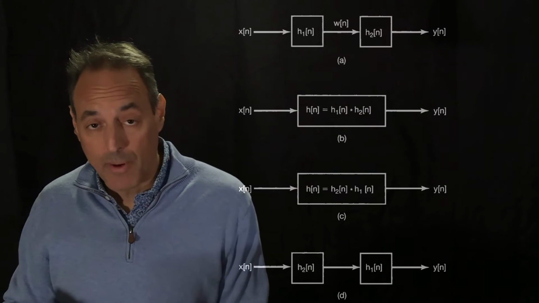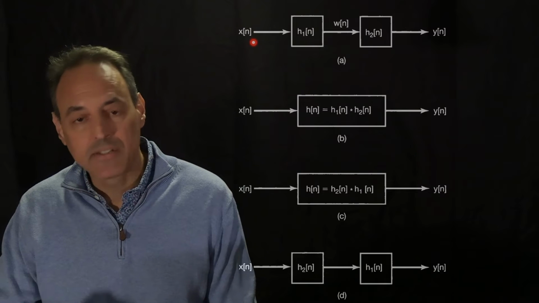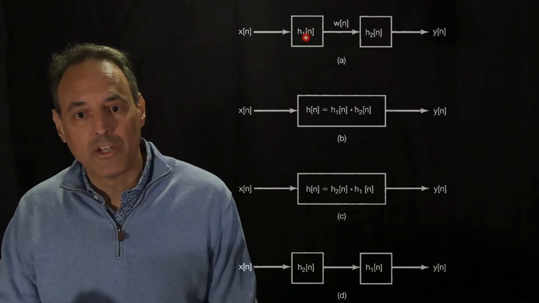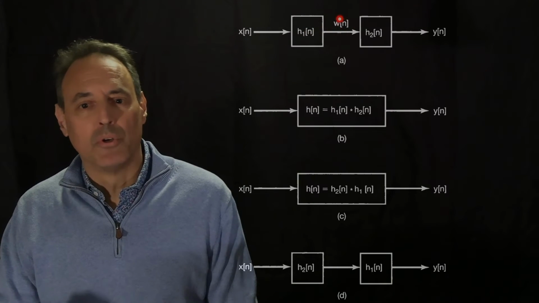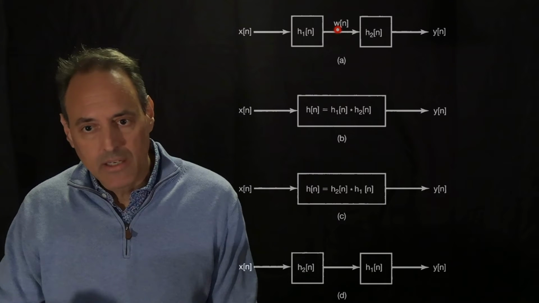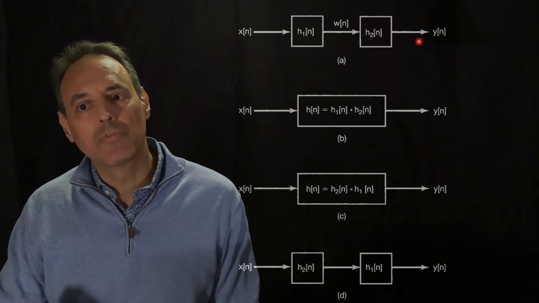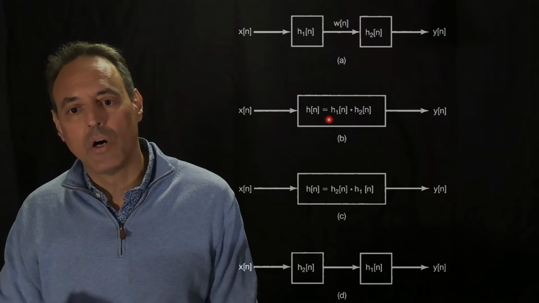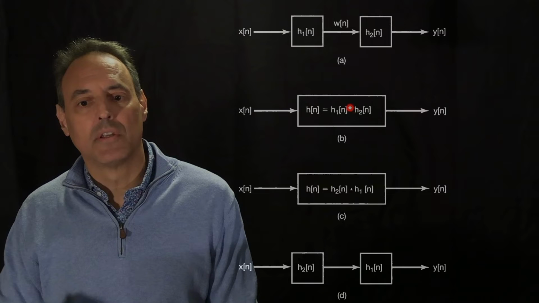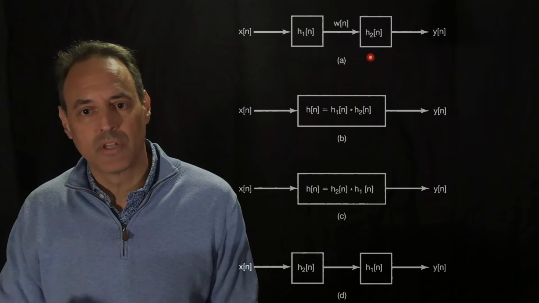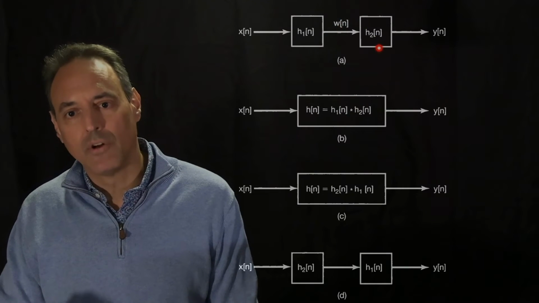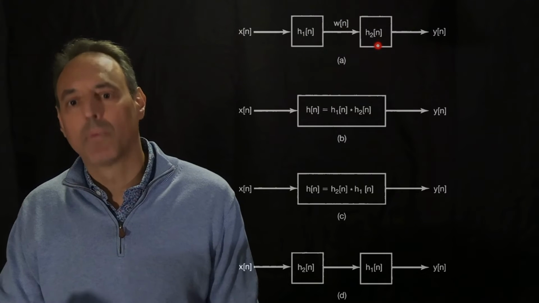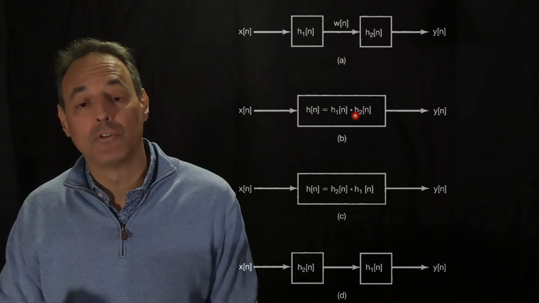Again, another graphical representation of this. You can think about x coming in, being convolved with h1, which produces some signal, let's call it omega, which then gets convolved with h2, which finally leads to your output. And what this simply says is, I could just write this as h1 convolved with h2. So instead of producing an intermediate signal and then processing the signal again, I can just convolve them into one